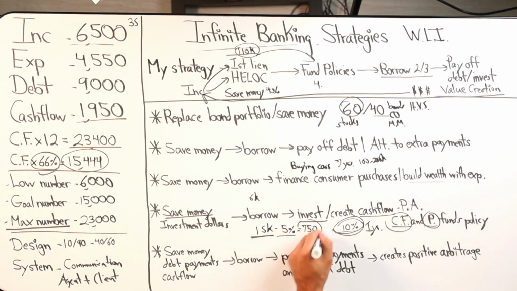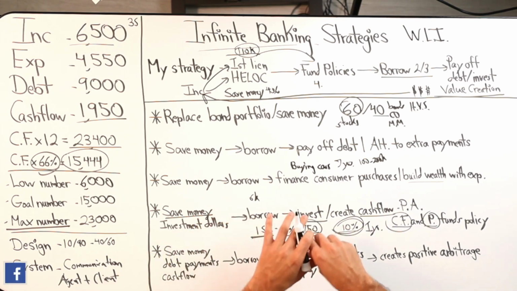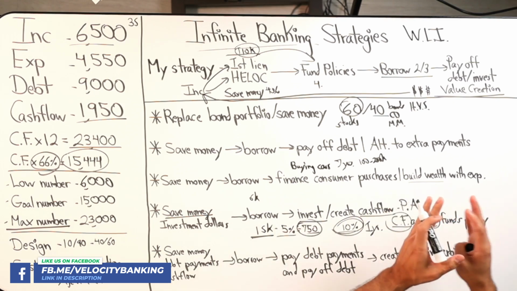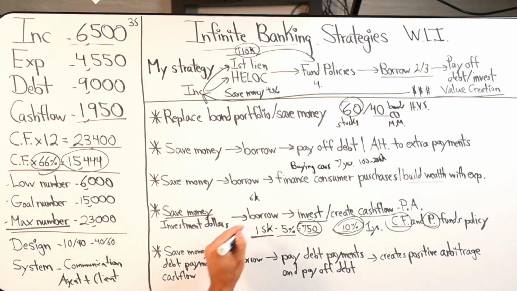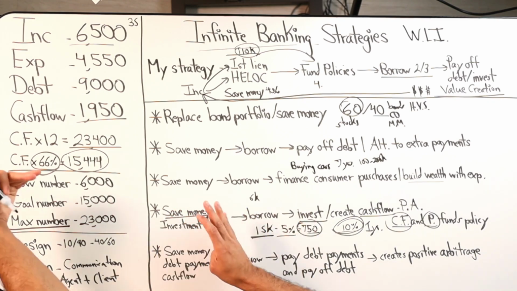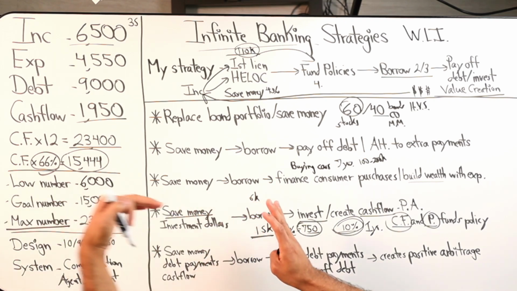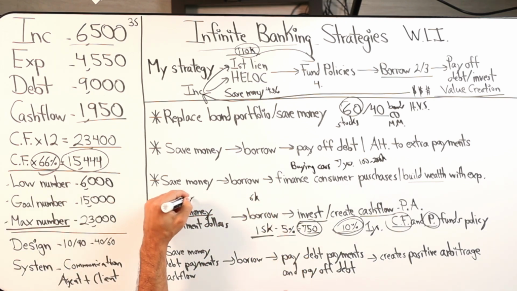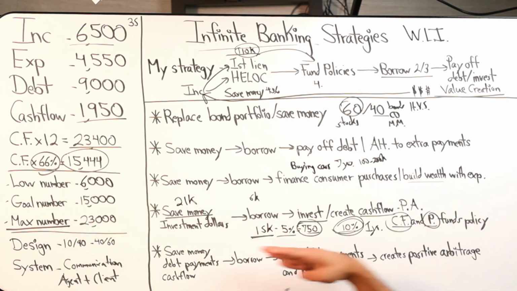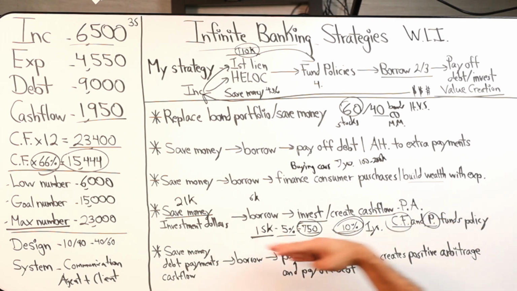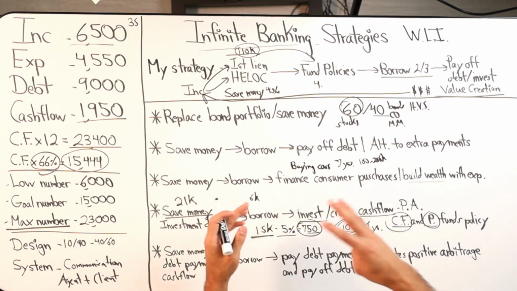So that you're not lingering the loan on the policy for too long. This is like perfect scenario for me. And what happens is the principal and cash flow pays back the policy loan that you took out. 15K and the 750, boom, pays that back. You're still gonna save money and you're still gonna put new investment dollars in. So every year you're injecting 21 grand in, and you're borrowing 15 out, and then 15 grand plus interest gets paid back. Policy grows, you do it again at a higher amount, you keep doing it,